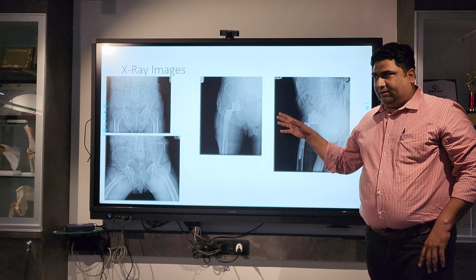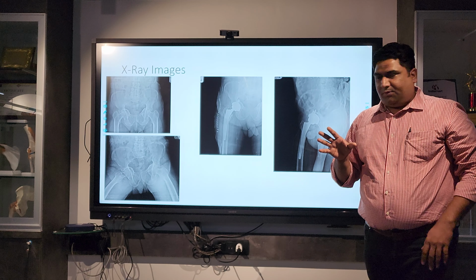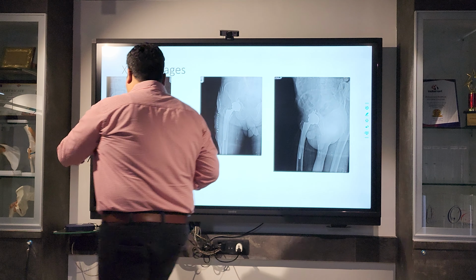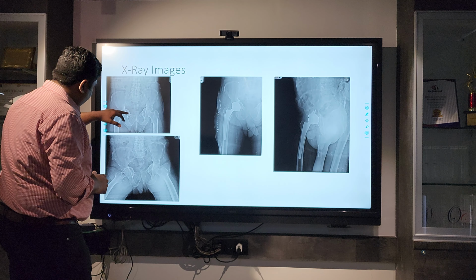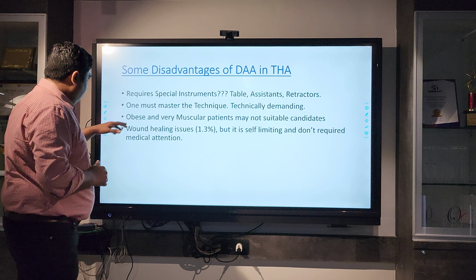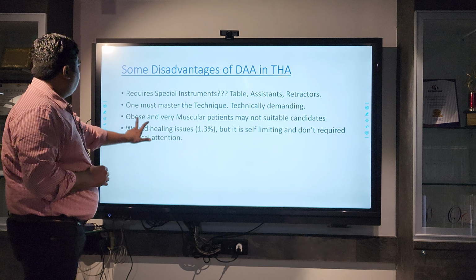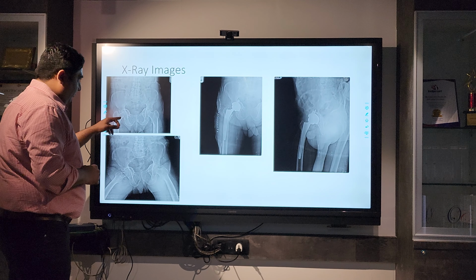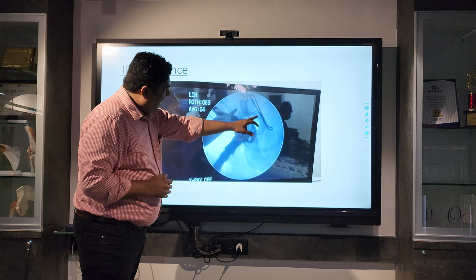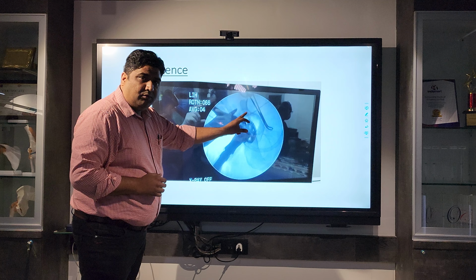Another advantage of the direct anterior approach is in cases of protrusio, the dysplastic hip, or the ankylosed hip. When you are reaming, you have the idea where your wall ends.